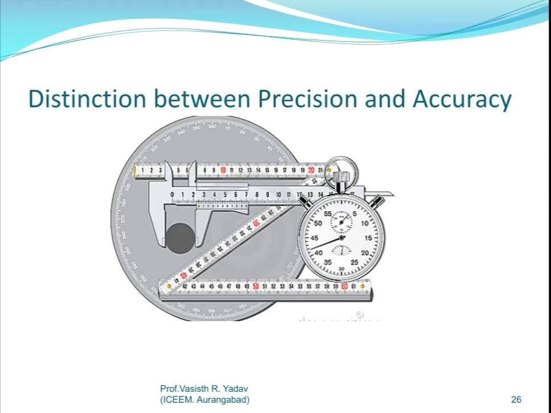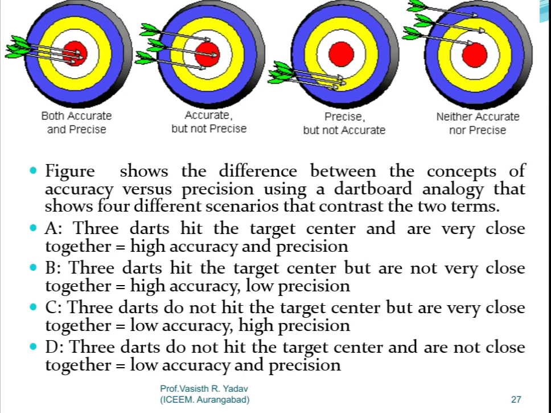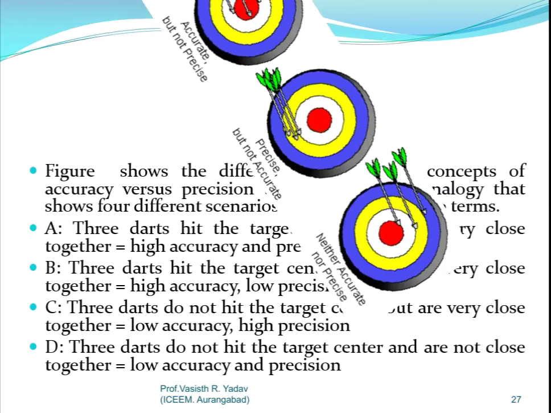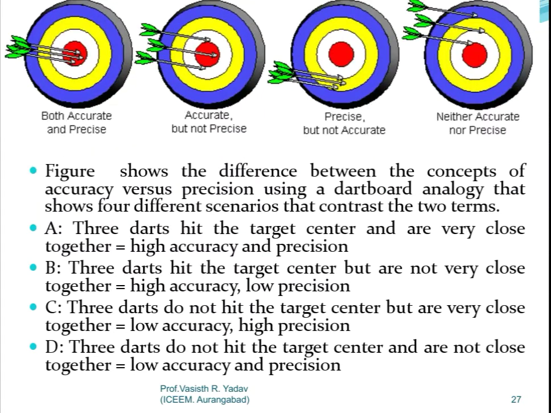अच्छा भाई, अब since हमने कहा कि this both terminologies are a bit of confusing one, that is precision and accuracy. Students always get confused between precision and accuracy. Let us understand it with the help of some example. अब मान लीजिए कि हमारे पास एक बोर्ड है जहां हमें एरो मार्किंग करनी है।